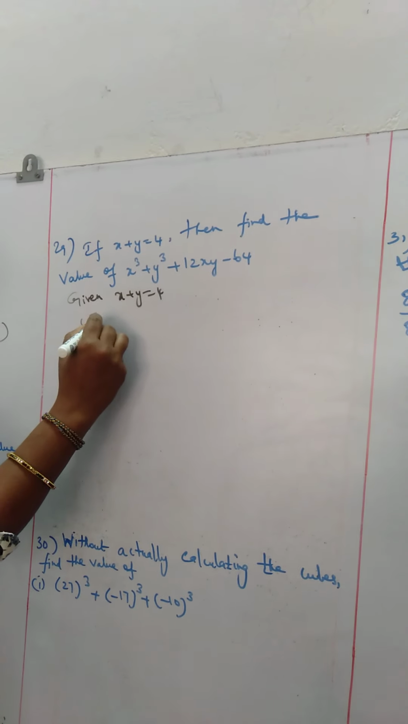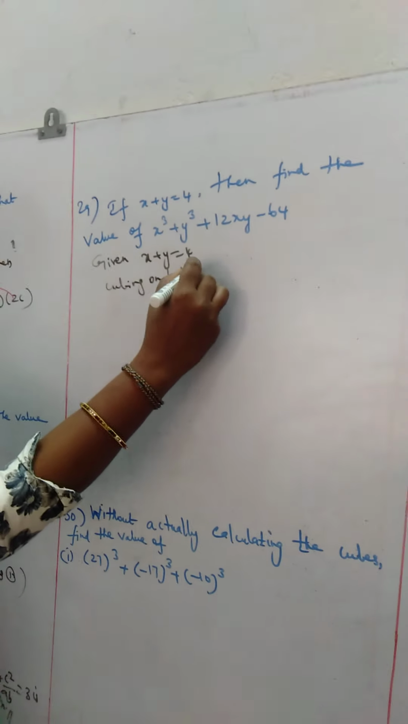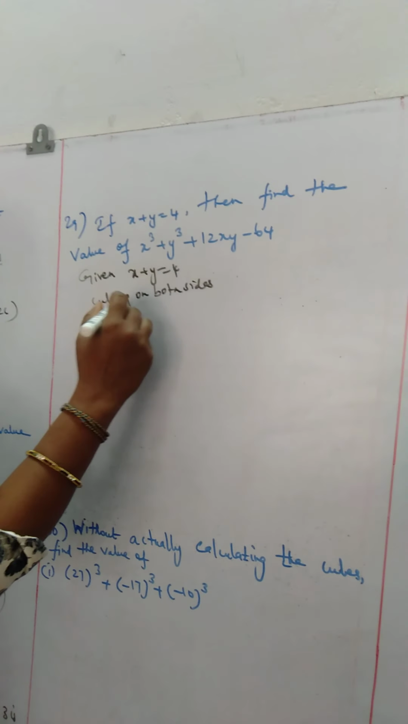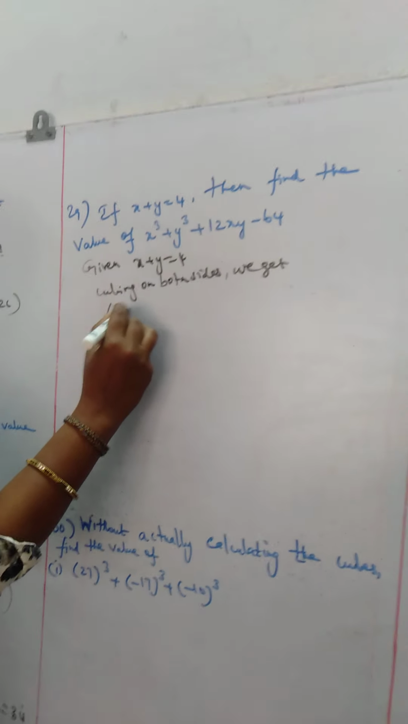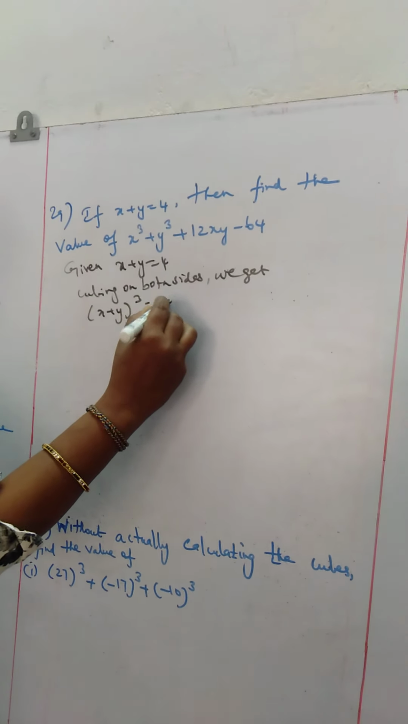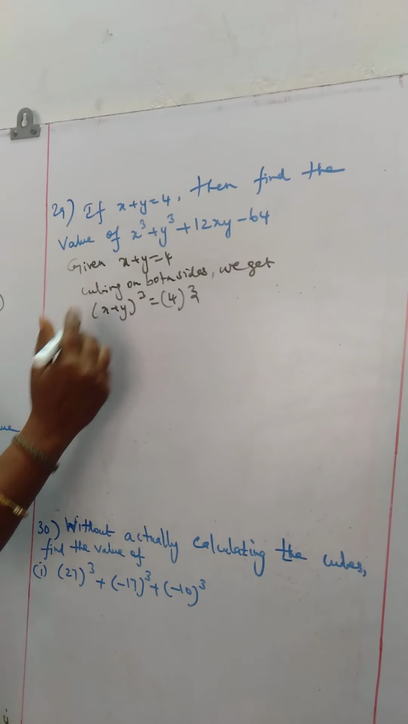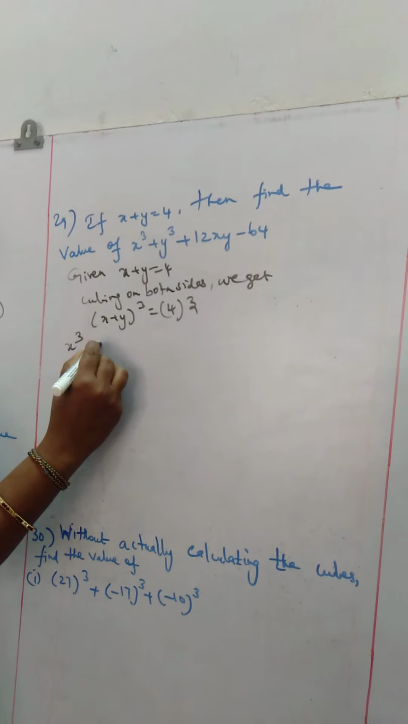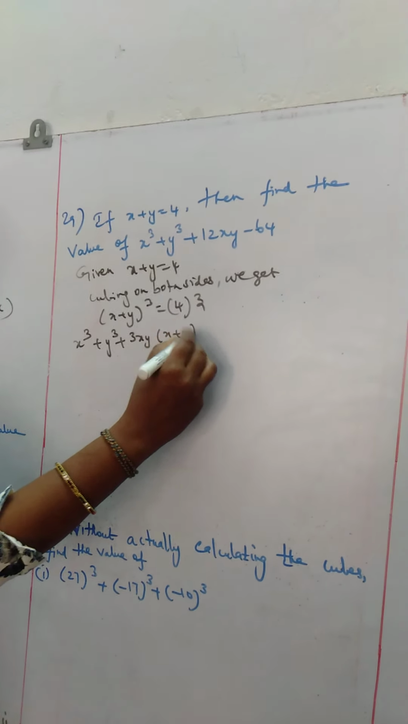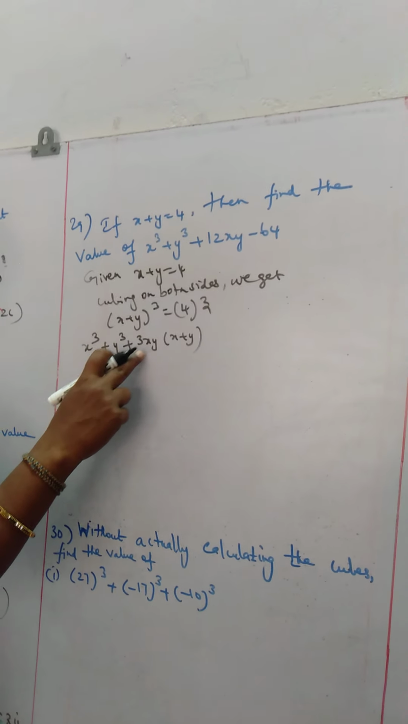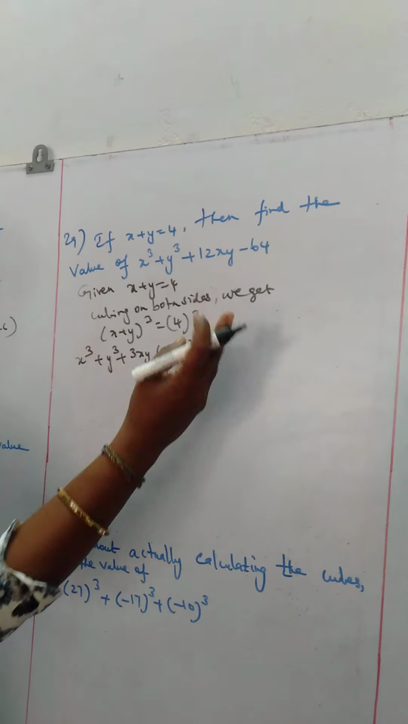So cubing on both sides, we get x plus y the whole cube is equal to 4 to the power of cube. So this is in the form a plus b the whole cube, that is a cube plus b cube plus 3ab into a plus b, which is x cube plus y cube plus 3 into xy into x plus y equal to 4 cube, which is 4 into 4 into 4,